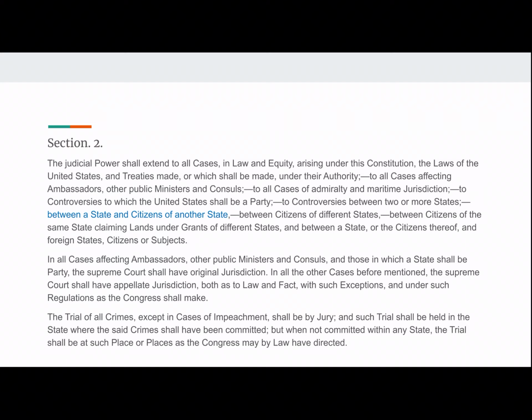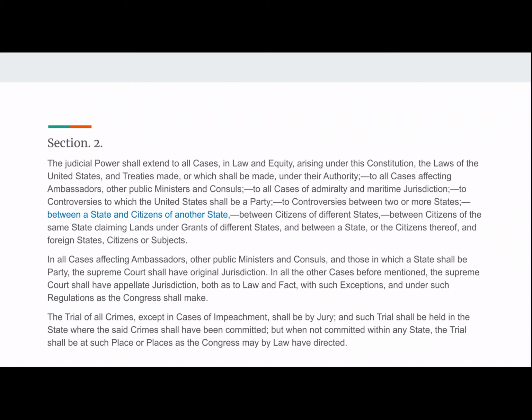All right, Section 2. The judicial power shall extend to all cases in law and equity arising under this Constitution, the laws of the United States, and treaties made or which shall be made under their authority, to all cases affecting ambassadors, other public ministers and consuls, to all cases of admiralty and maritime jurisdiction, to controversies to which the United States shall be a party, to controversies between 2 or more states, between a state and a citizen of another state, which, since it's in blue, has been taken out, between citizens of different states,